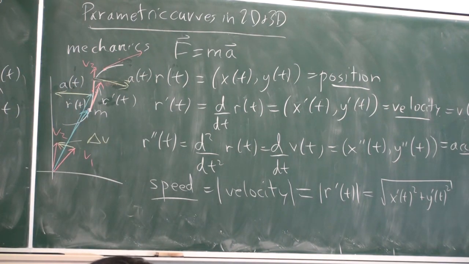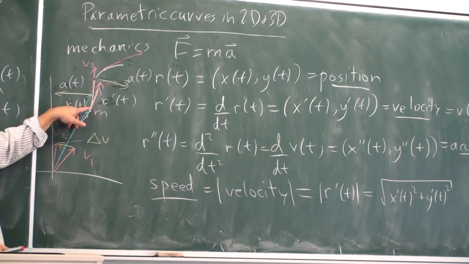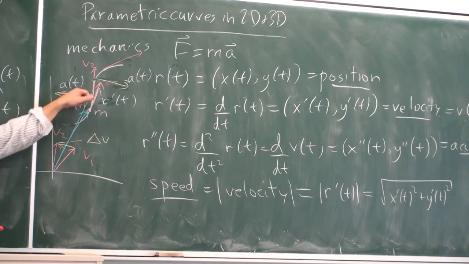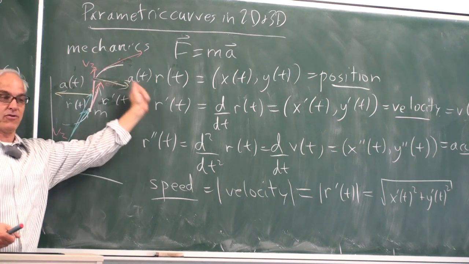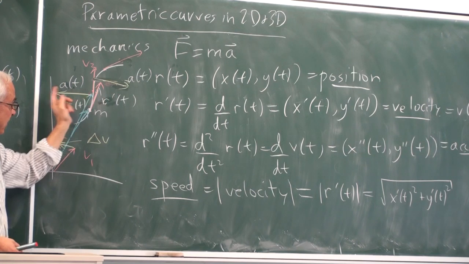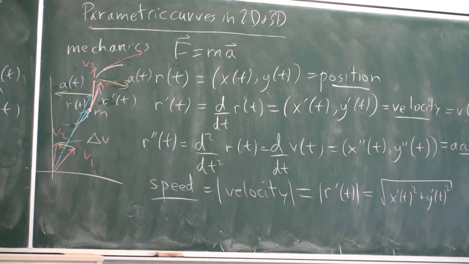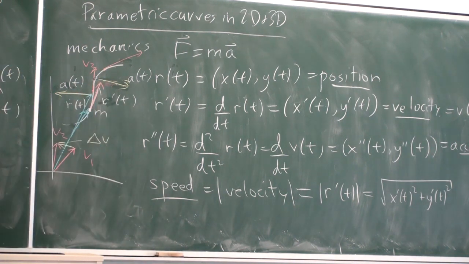And Newton's law is telling us that the acceleration is the force that you'd have to exert on this particle to make it go in this particular path. And clearly, if you want a particle to kind of bend this way a little bit, you have to pull on it in this direction right here. And then if you want it to turn around this way, you're going to have to pull on it in this direction a little while later. All right? So these accelerations that we're computing here are just the forces that this particle must feel if it's going to go in this particular path. That's what Newton's law is telling us.